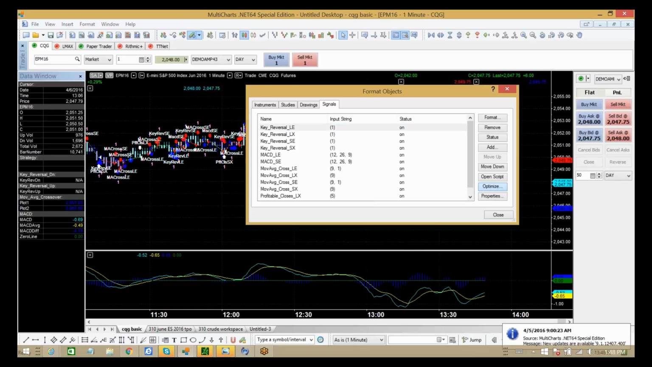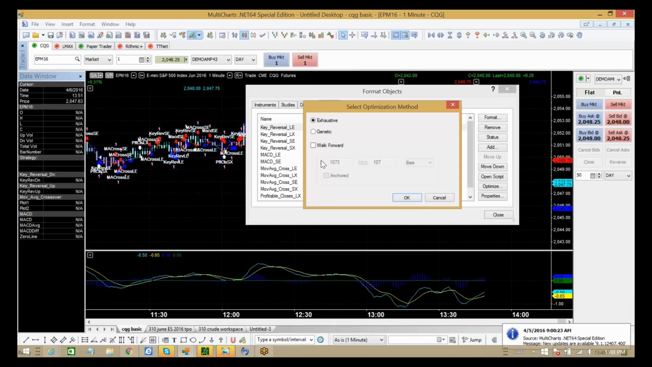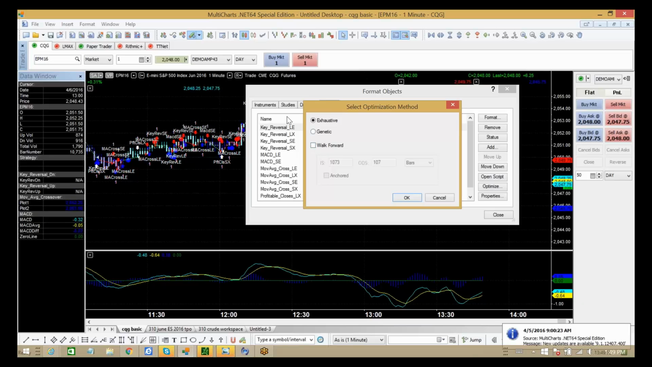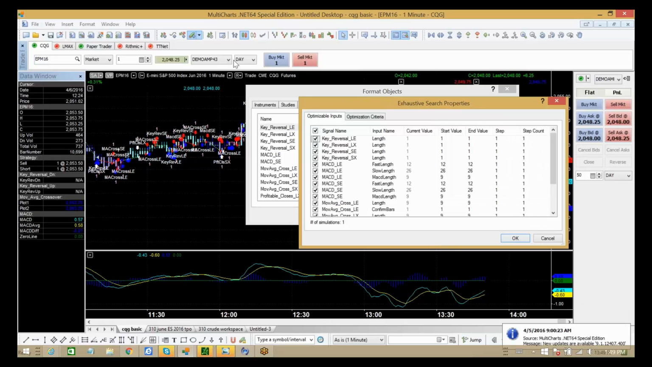Under Format Signals, we're going to click on Optimize. Under Optimize, I usually leave it on Exhaustive, and I don't really mess around with Walk Forward or Genetic. I go to Exhaustive, I click OK. This is a short-term chart. It's a 1-minute chart. So for the key reversal long entry, you need to change the values so that the